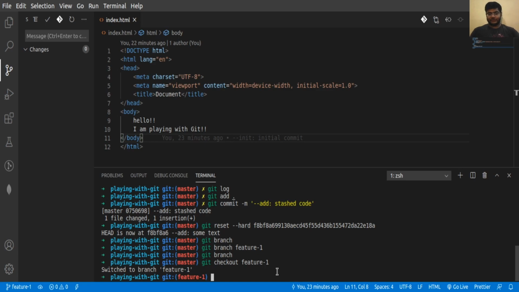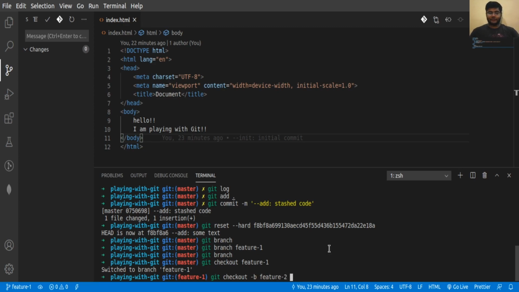We have one more method of creating a branch, that is git checkout -b. As we said, this is a combination of checking out and creating a new branch. If we run git checkout -b, then the new branch will be created and we will move to this new branch also. So let's call it feature 2.